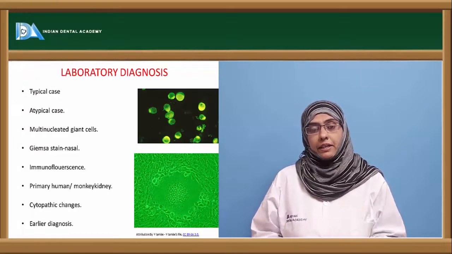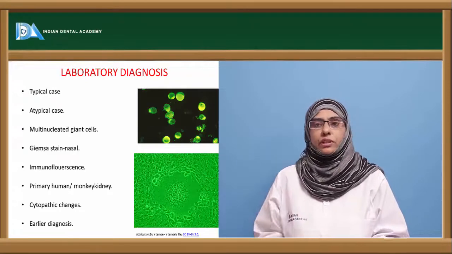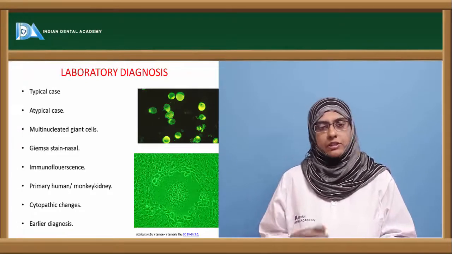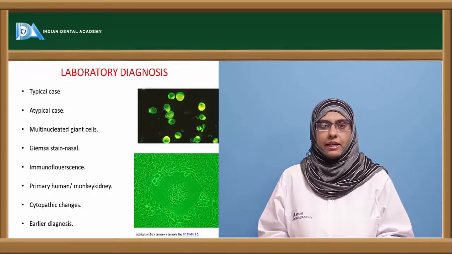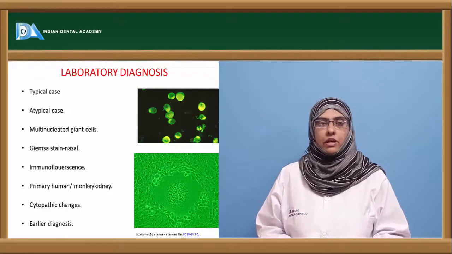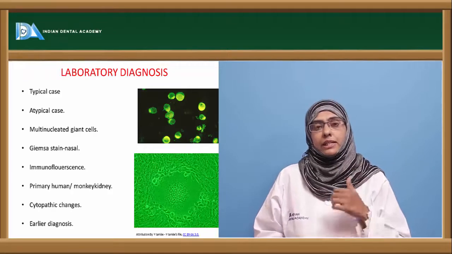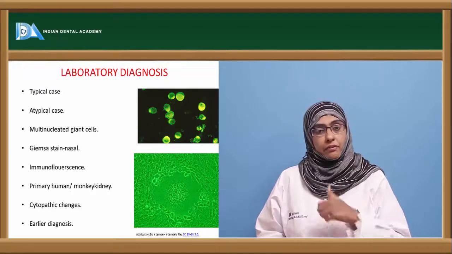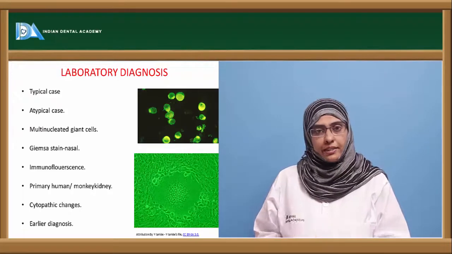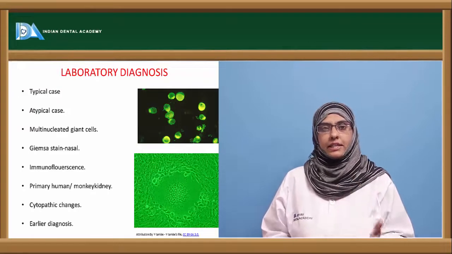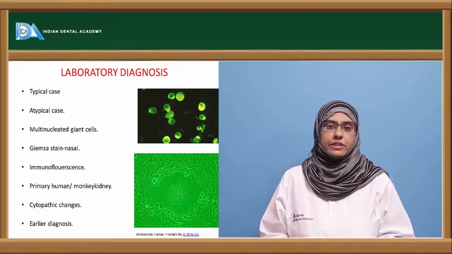Next, coming to the lab diagnosis, for a typical case there is no need for the lab diagnosis, but for atypical cases, as well as to distinguish from the rubella infection, you need to go for the lab diagnosis. Before going on with the cytopathic effect, you can see the multinucleate giant cells in the nasal secretion even before the prodromal illness that is usually identified in this particular disease. You can identify the organism in the nasal secretion in the form of multinucleate giant cells, which can be identified with the help of Giemsa staining.